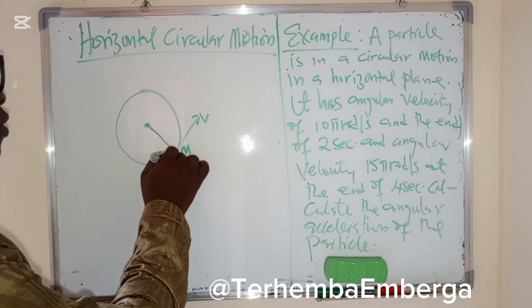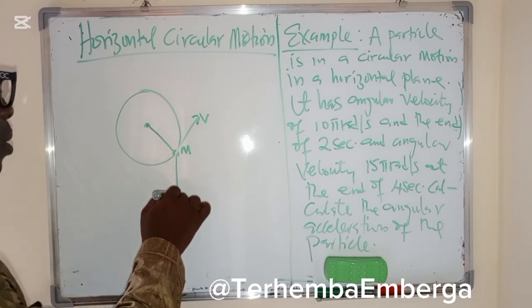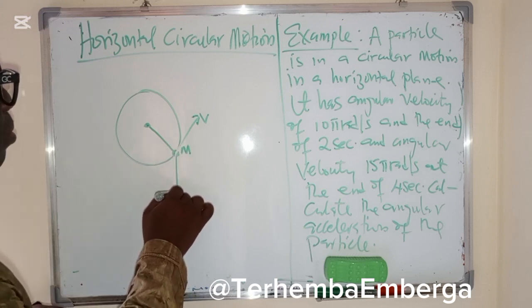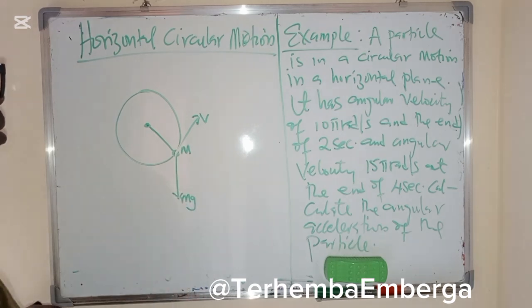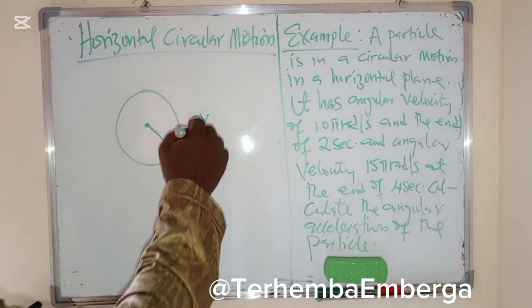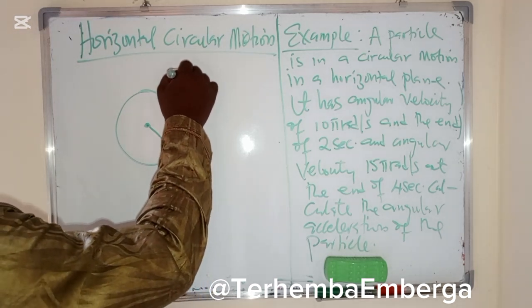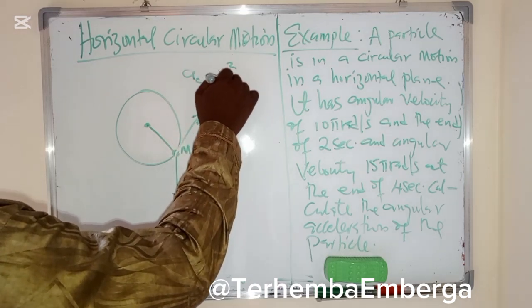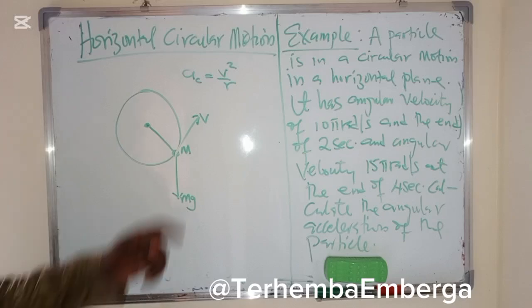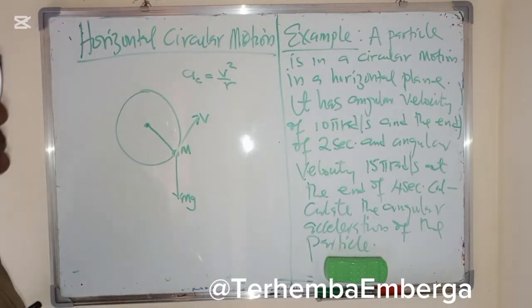And the weight of this is acting perpendicular to the string. So we can say that the centripetal acceleration a_c is v squared all over r, where v is the velocity,